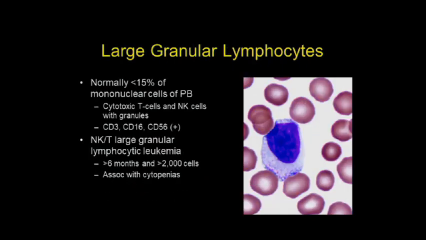And we did also mention large granular lymphocytes, a normal part of our peripheral blood. These are cells with increased cytoplasm and scattered granules in the cytoplasm. Normally, these are less than 15% of our cells in our peripheral blood. When they're greatly elevated, we can worry about large granular lymphocytic leukemia. In that case, we have to see this accumulation